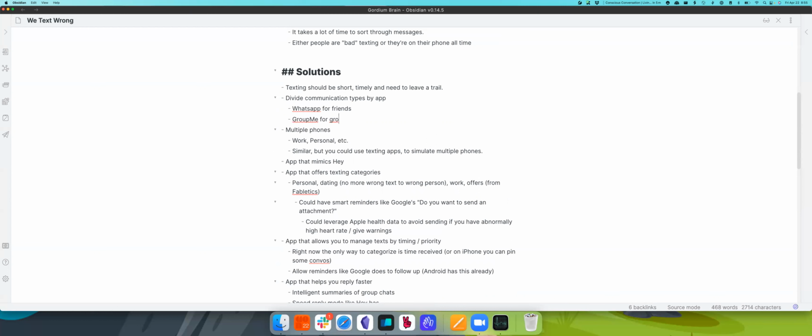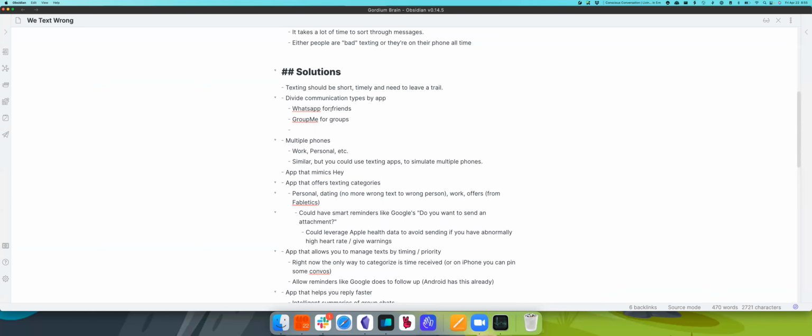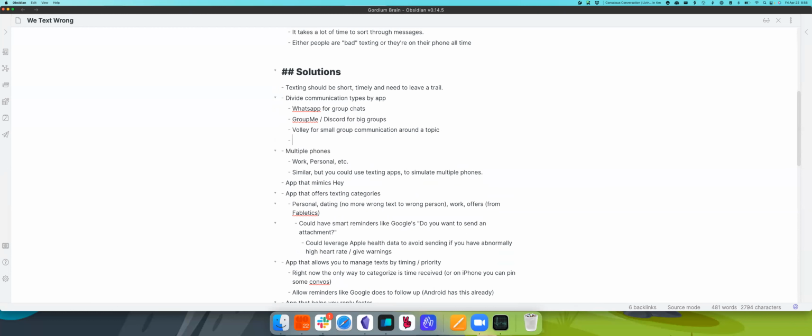WhatsApp can be these smaller group chats, and then GroupMe for bigger group chats, and you have Volley for more natural small group communication, whether that's one or one to three, and you have texting for this time sensitive thing that we sort of talked about.